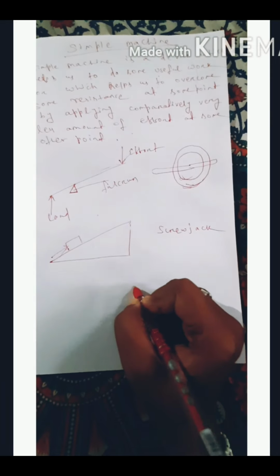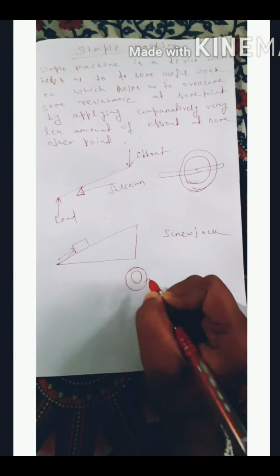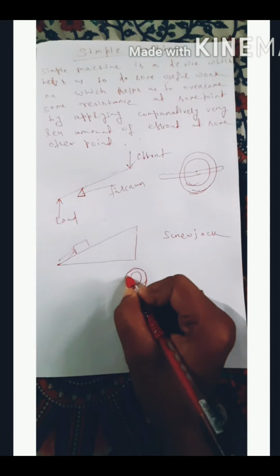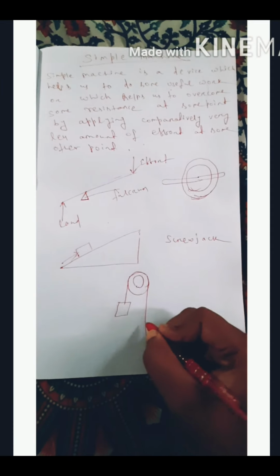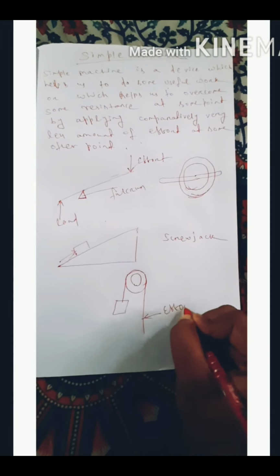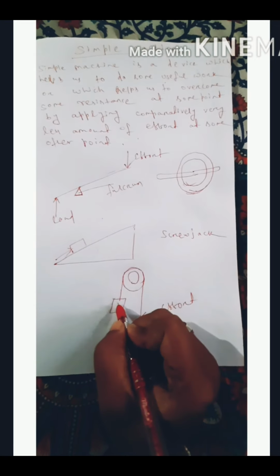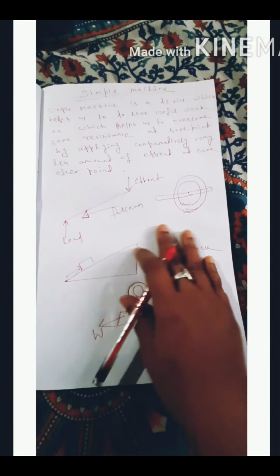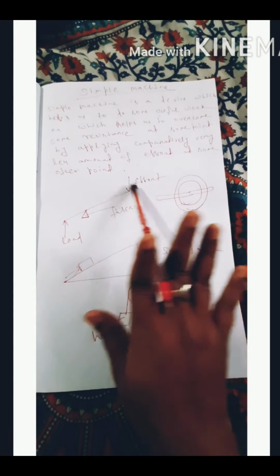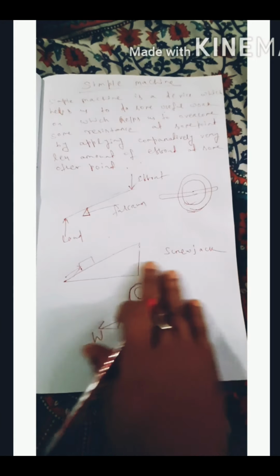Another example is pulley. I guess you have all seen this pulley. This is used to basically lift heavy load. So this is the longer side. This side we apply effort. So we apply less amount of effort at this end, and at this other end we can lift heavy amount of load. So all these are examples of simple machines. By using these machines we can lift heavy amount of load by applying very less amount of effort. So I think you all are clear about simple machine.